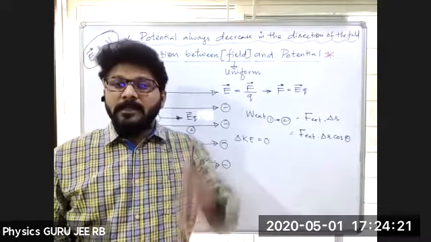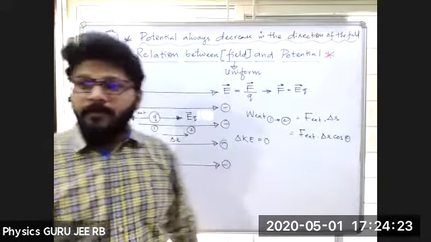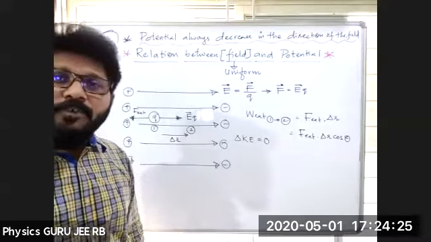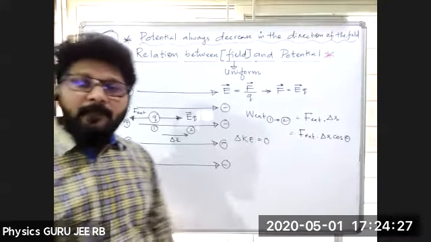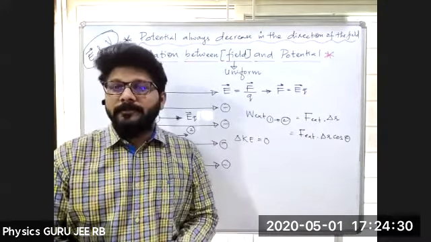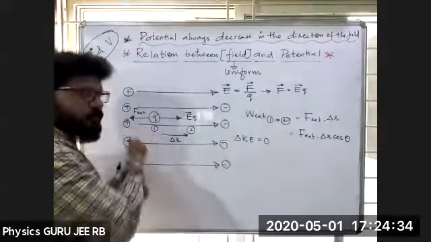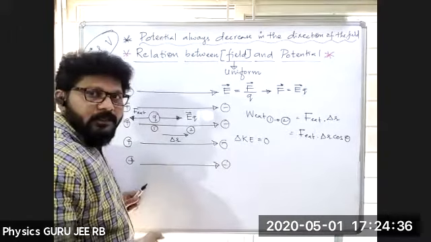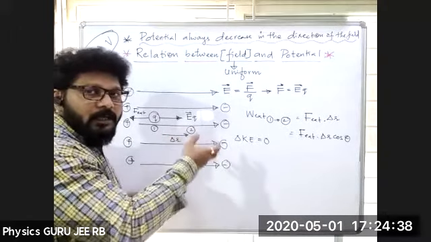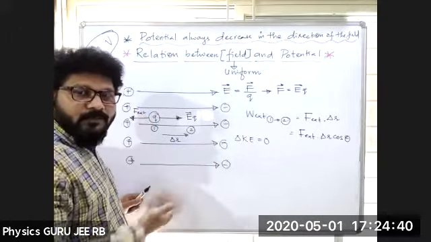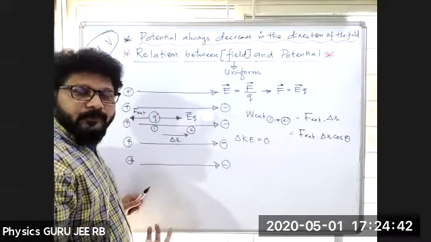Okay, that means velocities are uniform. For velocities to be uniform, the net force should be zero, so we have to do some external work. That's the reason we are applying some force in the backward direction, because only then can we do work by the external force. Where is the external force? There is no external force.